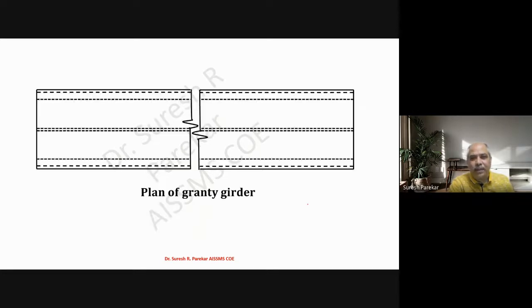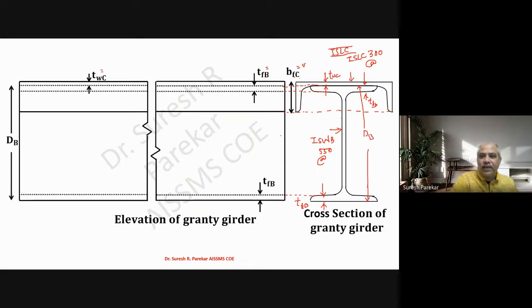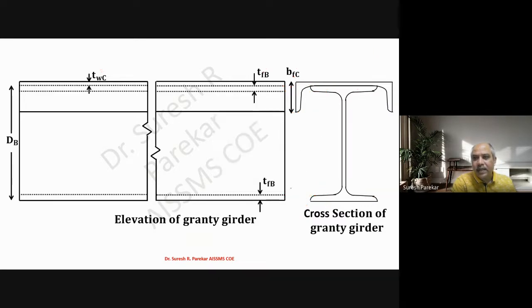Then we have the second part, plan of gantry girder. Now you are going to see it from the top, so you should be very careful with this. If I show you this section, then what you are going to see on this, so I will rub out all this whatever we have written over here. Then which lines we have to plot. This is the first line, this is the second line, that will be depth of channel. Then we have this second line. This is first. This will be a dark line. Then we have this as a dotted line.